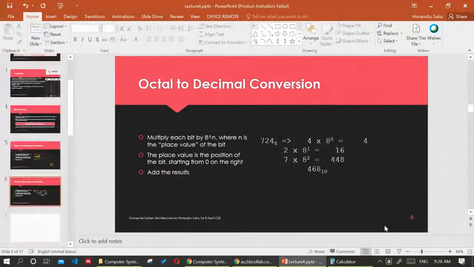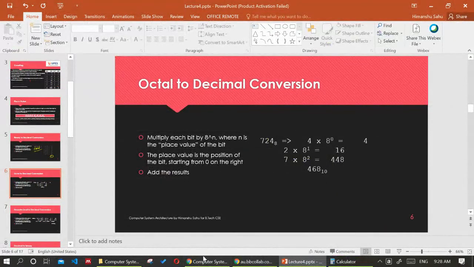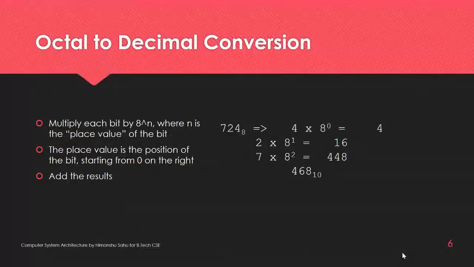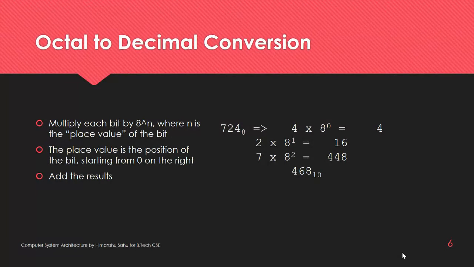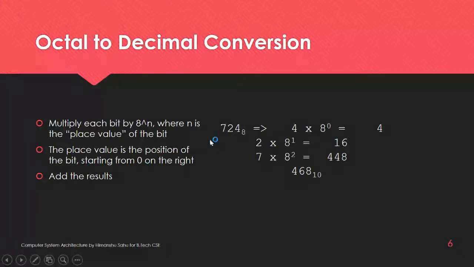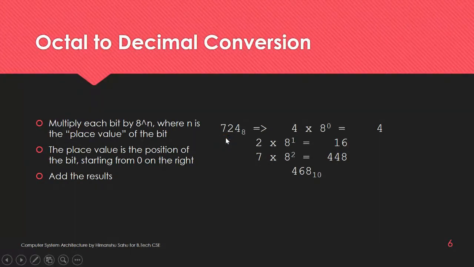Okay, so let's move ahead to octal to decimal conversion. In octal to decimal conversion, the same thing will be followed. The only change is that the base will be 8, and the symbols will range from 0 to 7. Fine. So in this example there will be more computation, because the symbols range from 0 to 7 and the base is 8, so multiplication will be there.